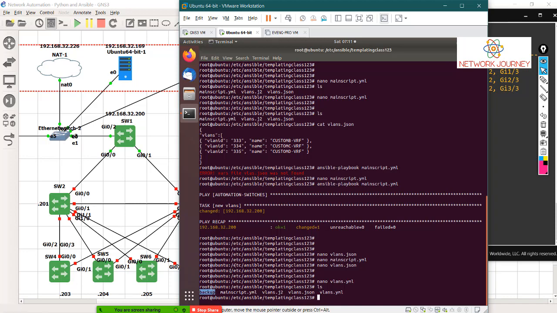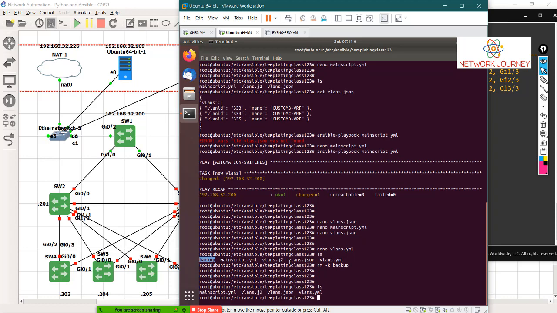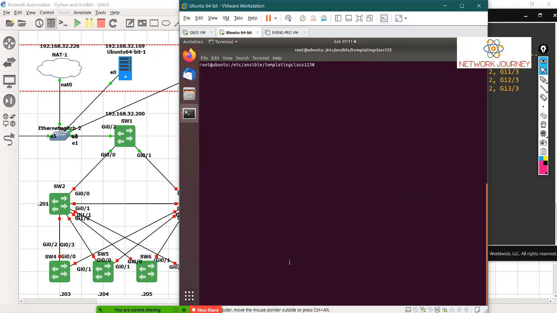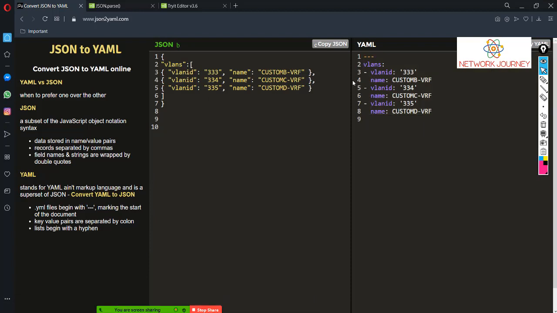Backup is created because you were running the script, otherwise, you can remove them if you want. If you do a listing now, you have only 4 files. So this is the main script which you will trigger every time. This is the template for VLANs. You're gonna say what is the command for VLAN, and these are two data formats. You can go with JSON or you can go with YML, whichever you feel is better, or depending upon your customer. Maybe he is giving you the data in a JSON format, right?